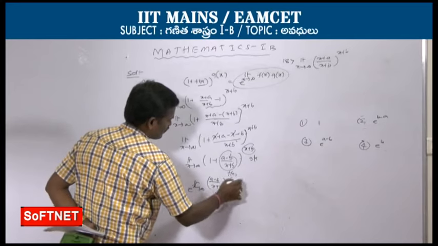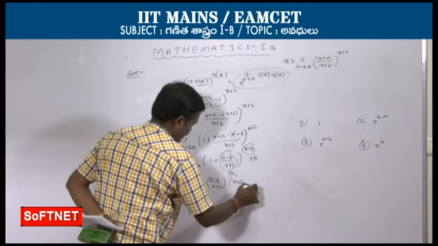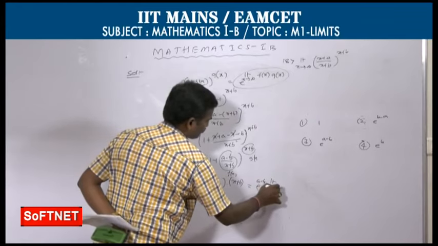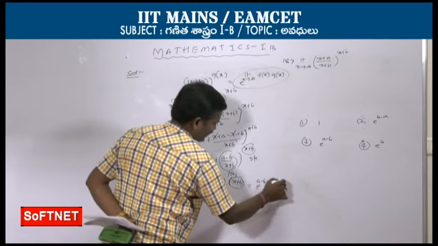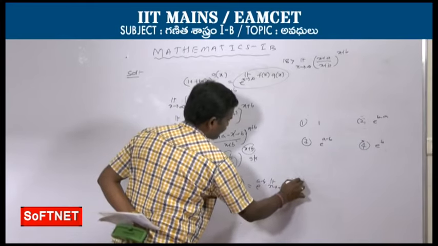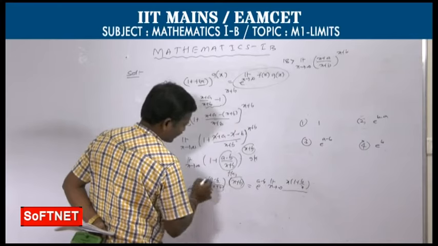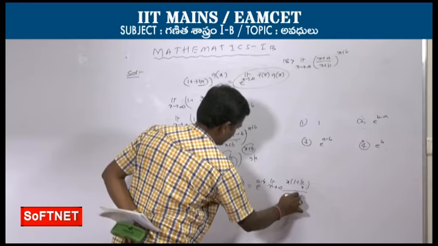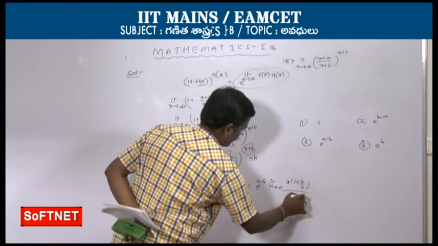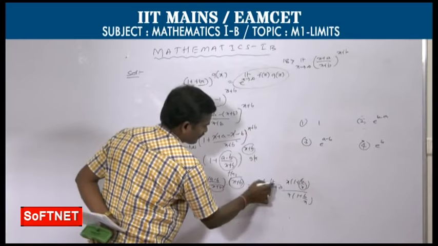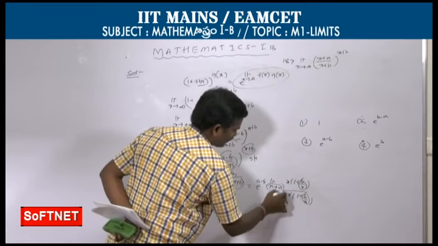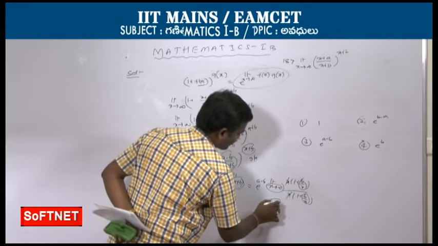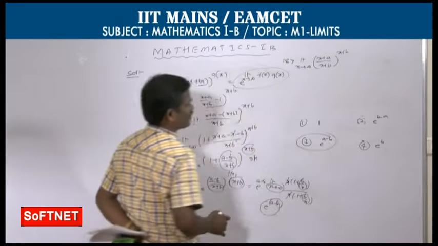X plus b. So here x take common in the numerator. E power a minus b is constant, into limit as x extends to infinity. Here x taken common in the numerator, so that is 1 plus b by x. In the denominator also take common, so here x into 1 plus b by x. So this part is 0, as x extends to infinity 1 by x tends to 0. So this is also 0. X cancels. So e power a minus b is the answer. So e power a minus b, this third option is the correct option.